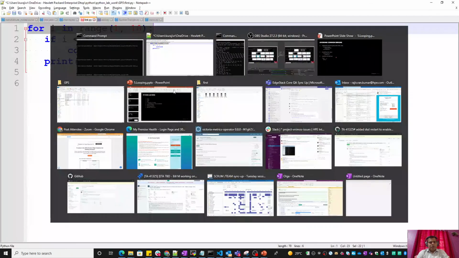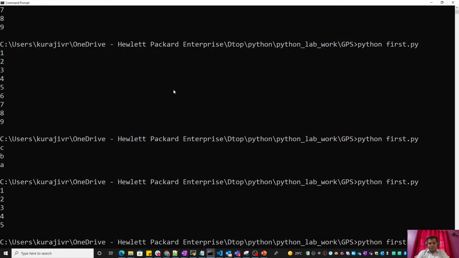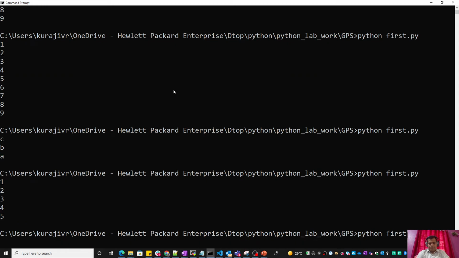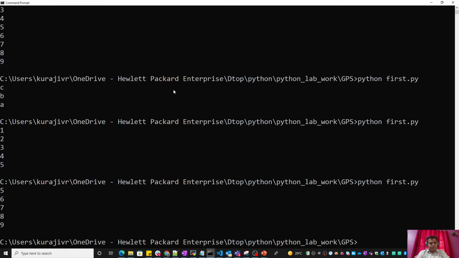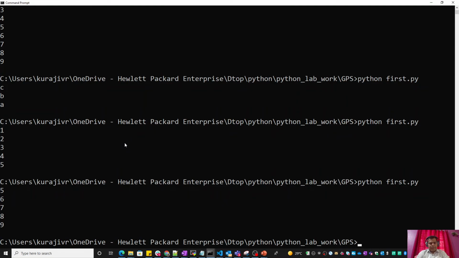So let's save the program, go to the command line, run the program. So now we see that it has skipped till 4, and then it has started printing after the 5, because it is not meeting the condition, and then continue is not being called. So we can just jump to the 6 onwards. Okay,